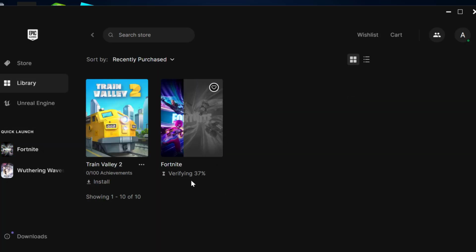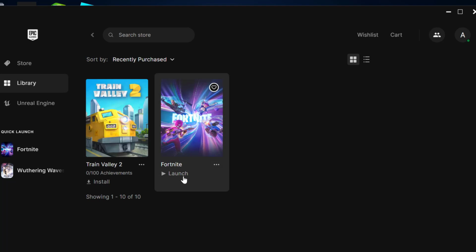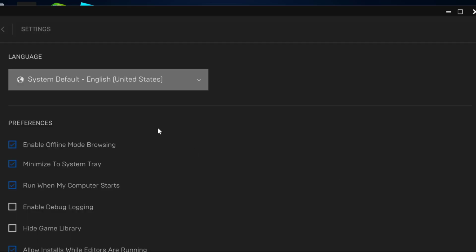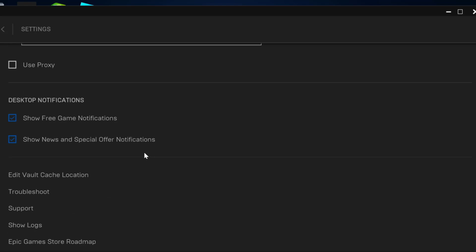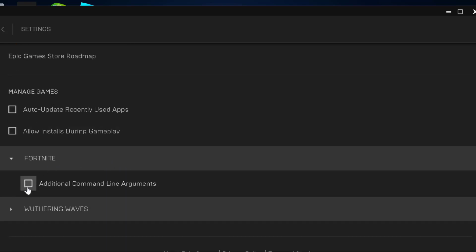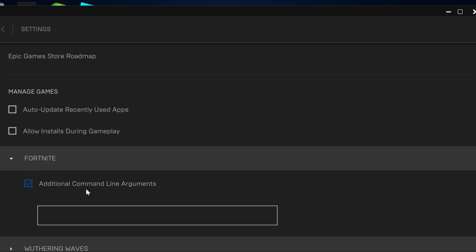Wait for it. After the verification is done, let's move on to the second step, guys. The second step, you just need to select the profile icon and select Settings. In here you need to scroll down, select Fortnite and check mark Additional Command Line Arguments, and you just